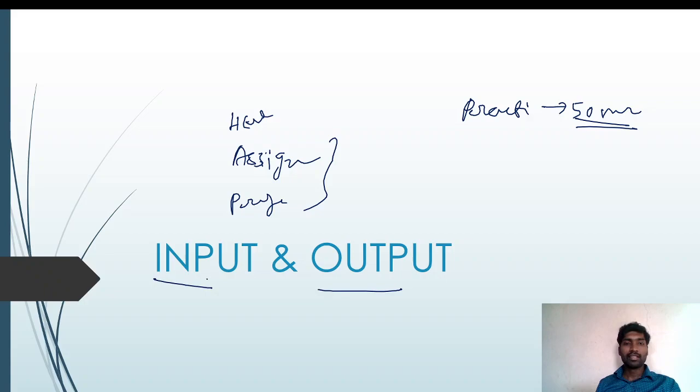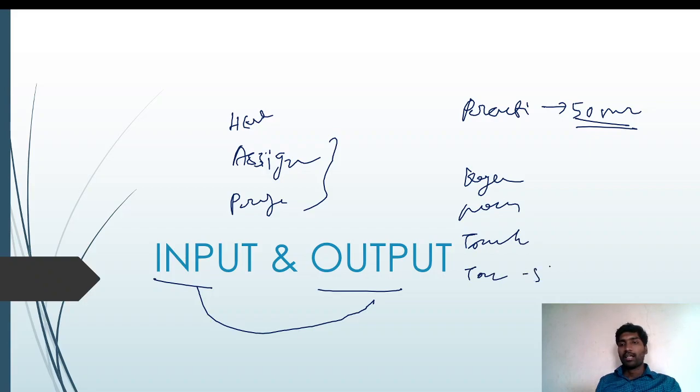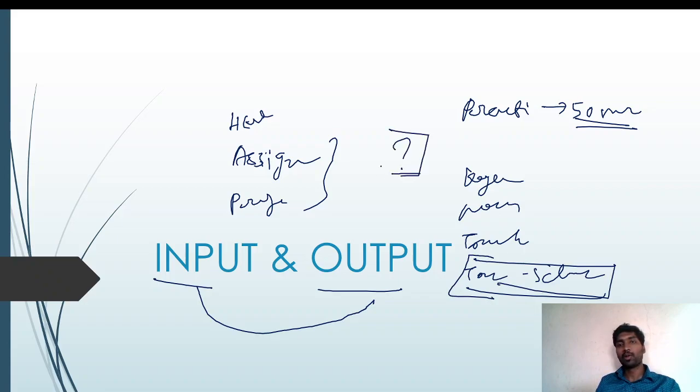So here, input output means both are hardware components. How will we give the input? With the help of hardware. Example, keyboard, mouse, touch pen, touch screen. You may have a doubt, what is a touch screen? Is touch screen an input or output? If any question arises like that, you should always think touch screen is an input device and, in the same way, it is an output device also.